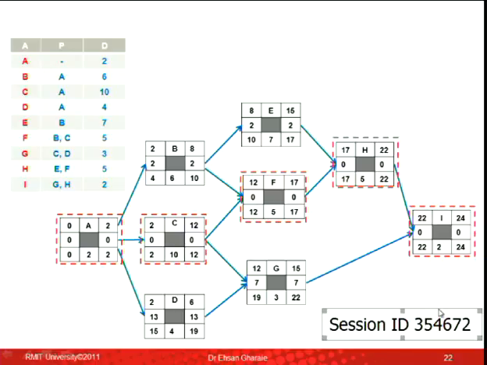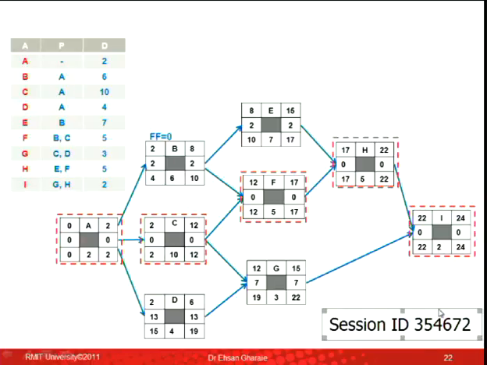E will be delayed, yes? Does it have an impact on F? No. So if I delay activity B, there is no impact on activity F. However, activity E would be delayed. So there is no free float for activity B. So activity B doesn't have free float. It only has total float.